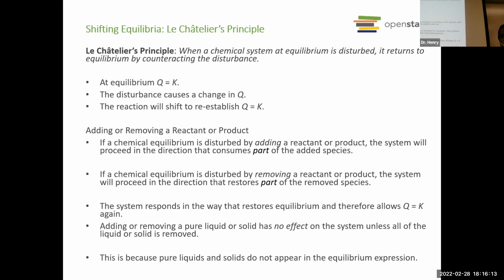Does that make sense? Or if I add reactants or remove reactants, that's also going to cause a shift. So if we're at chemical equilibrium and we disrupt it by either adding a reactant or a product, it's going to be shifting in the opposite direction, right? So if we're adding more of the reactant, we're going to be shifting towards the product. So we're going to push the equilibrium towards the product. If we add more product, then we're going to be shifting towards the reactant.